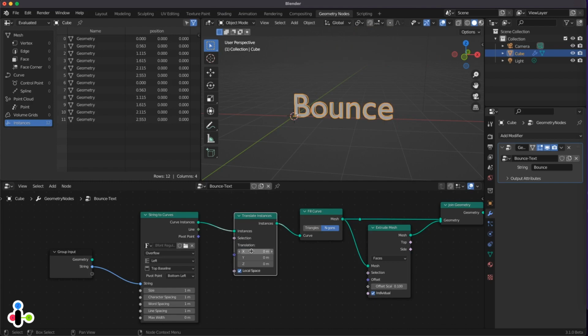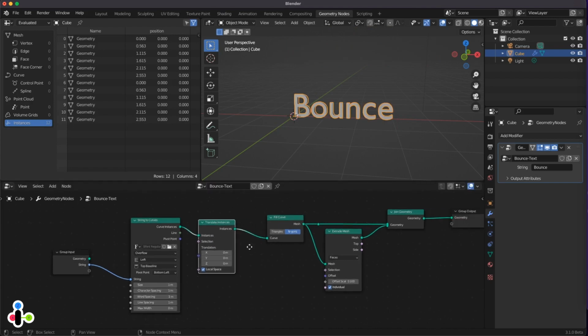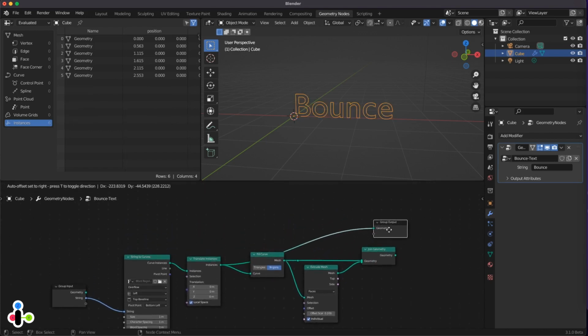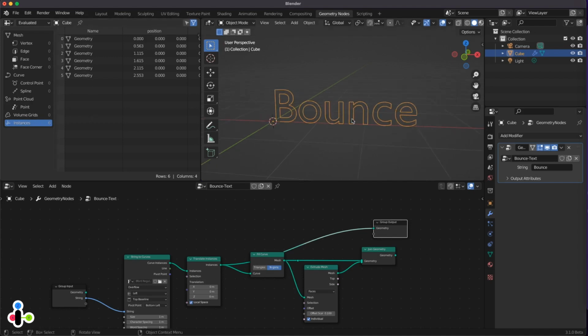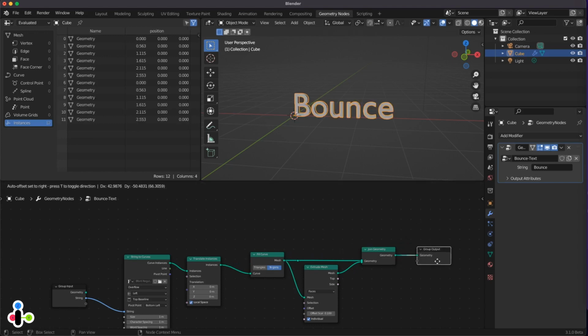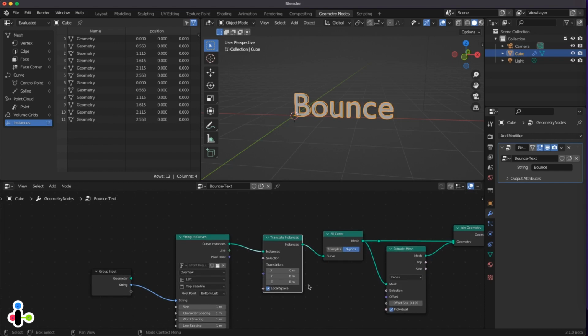But the problem is that they are all moving together. If I will isolate, for example, the instances alone, I can see that I have 6 instances of this geometry. Okay, 1, 2, 3, 4, 5, 6. If it's gonna say jump, I'm gonna have 4. Okay, so I have 4 individual instances that I can control with the translate. But